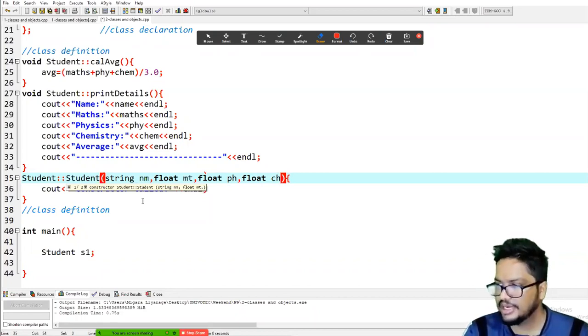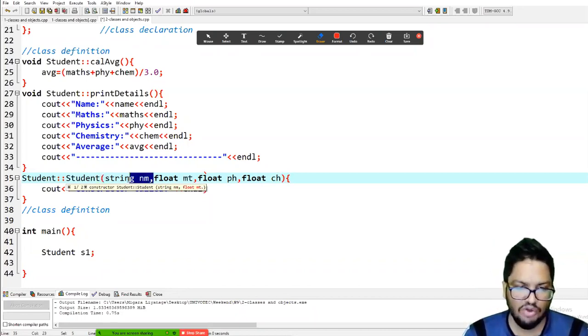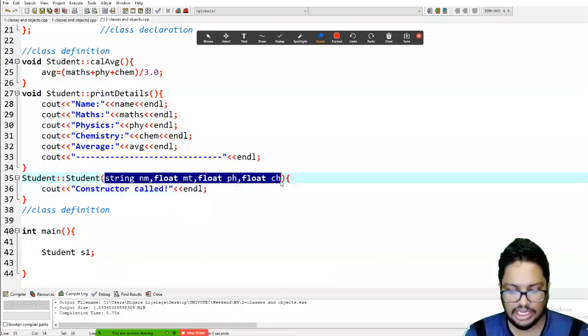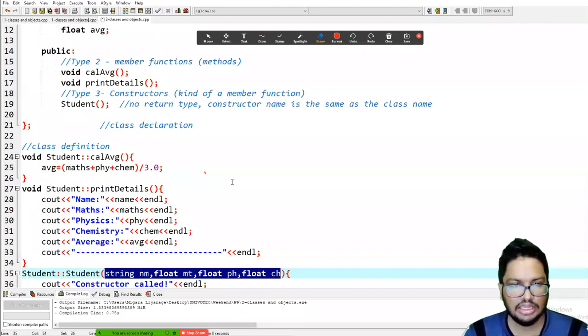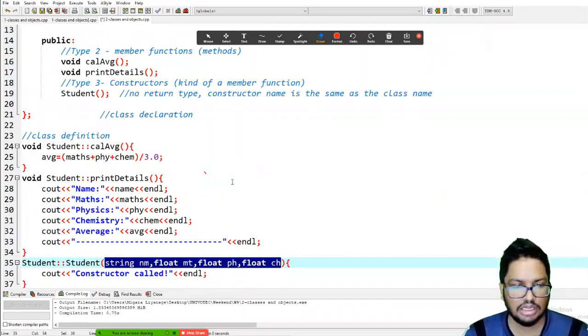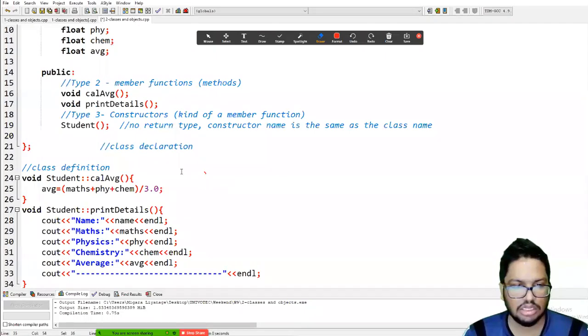So we take four parameters here, like this, and this should also be included there, in the here as well.